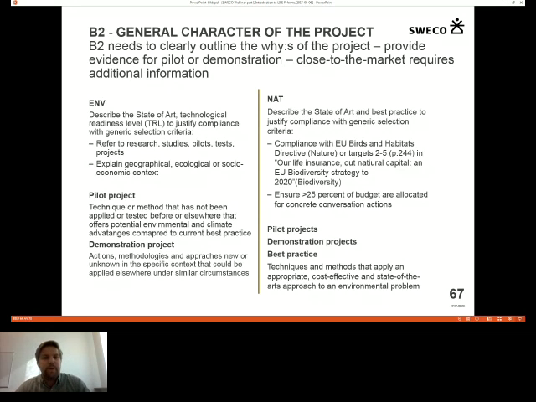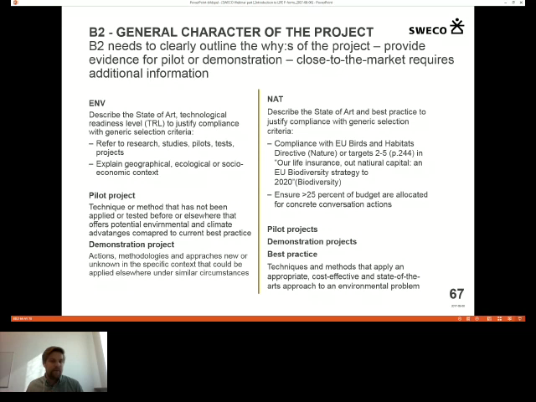So if you're writing it within nature, it needs to comply with the EU Birds and Habitats Directive, or if you're writing it within the biodiversity sub-program, you will have to look into the EU Biodiversity Strategy to 2020. It's a document that I have copied a bit out of on the next page with a link, so you can look into it. So if you're writing biodiversity or nature, it also needs to have, in order to get a good evaluation point, clear linkage to